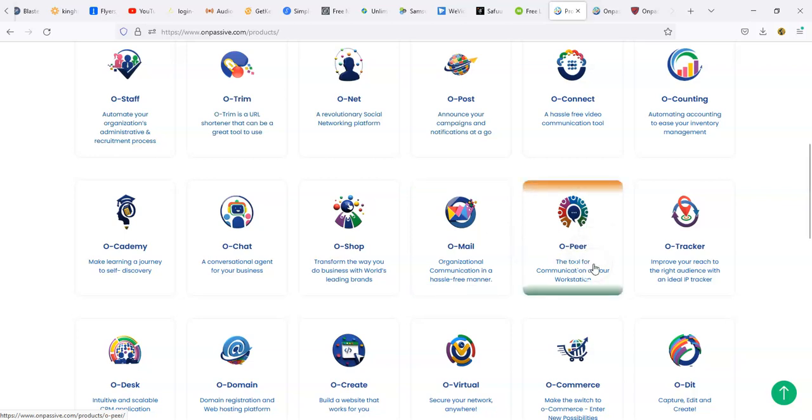Opere is for communication to workstation. So it's almost like a CRM program, but it may be something else. It's one of those tools where you pretty much just go into the site and you communicate with your team. If you have a team that's doing your YouTube videos, you can communicate with your team on Opere. When you log in, you maybe can check their hours. I don't know all the details of that, but there's going to be more and more things coming out with a lot of these tools.